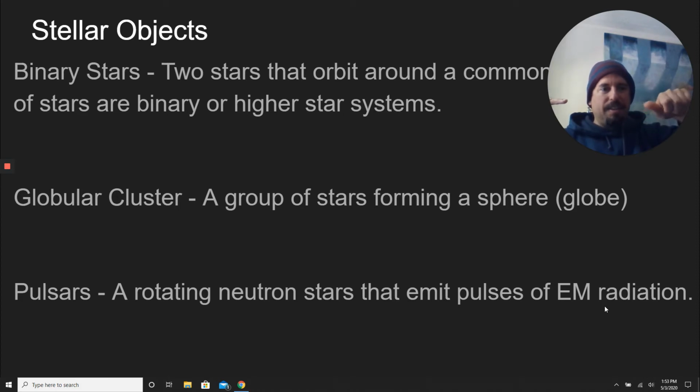But if it's spinning this way, where this is the North Pole, what's going to happen is we're going to see the light. If we're over here, we're going to see the light, and then we're not going to see the light. And then when the South Pole hits, we're going to see the light and then not see the light. And so as the poles become visible, not visible, visible, not visible, it's going to flicker. And so it looks like they're pulsing. Those are